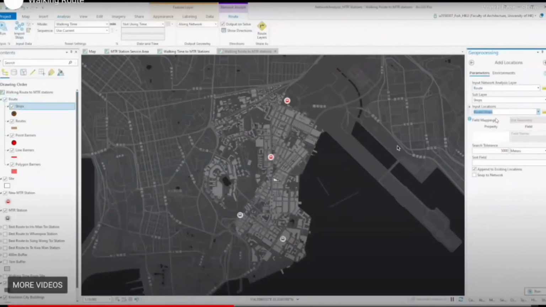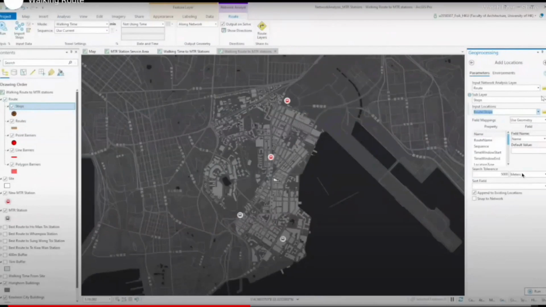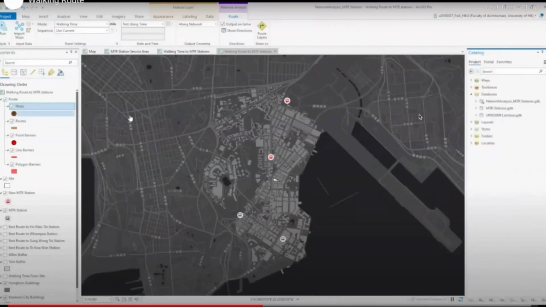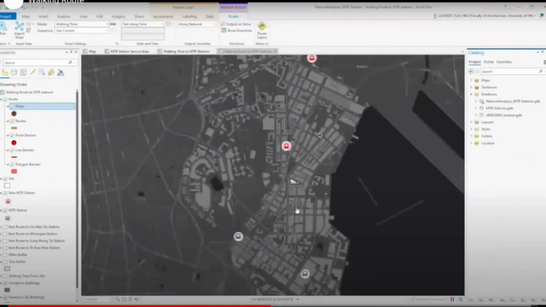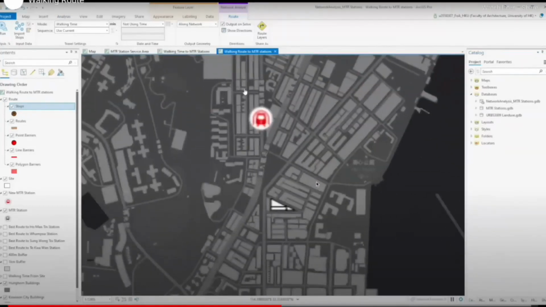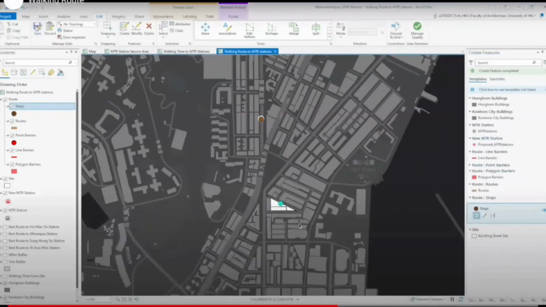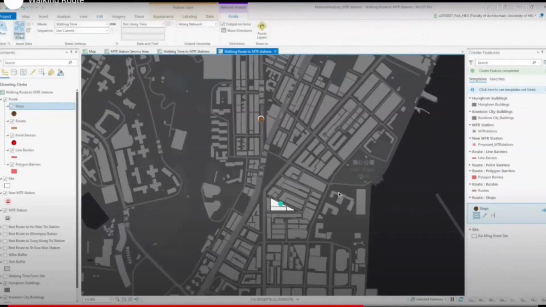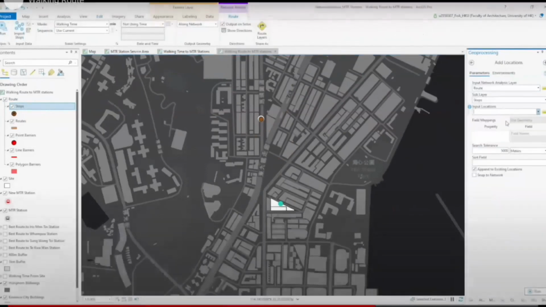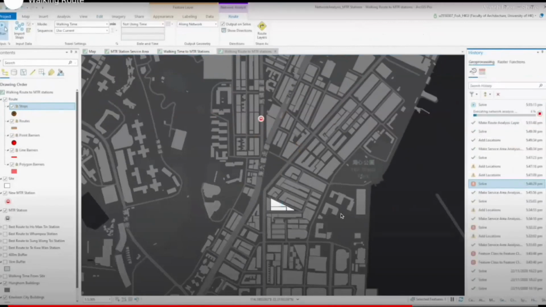Like the 2 previous demonstrations, you have to input your locations, which points you will be having your analysis on. However, this time for our route analysis, instead of your usual locations, we'll be creating these kind of stops. What the stops mean is the starting point and the ending destination of your route. So you have to create 2 points here, and then you could go back to inputting your locations and press run